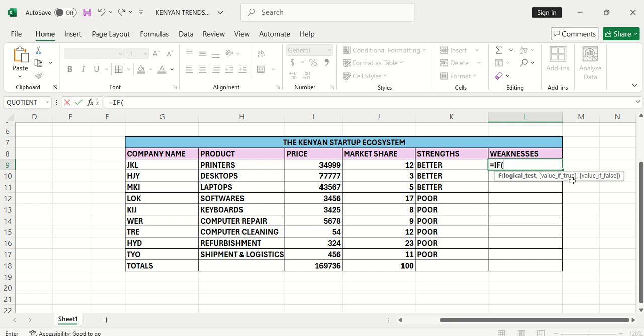Anyone who has less than 10% market share, then it is weaker in terms of competition. So I'll use this example. If this value here is greater than 10, then the weakness will be